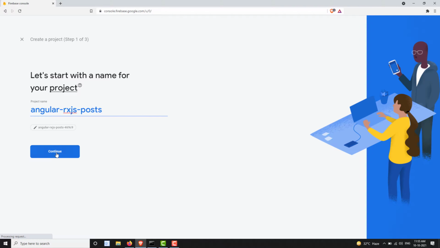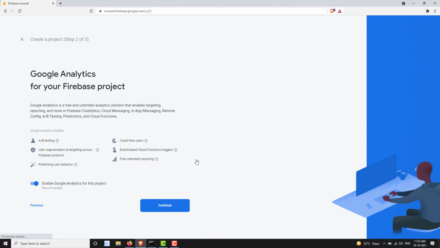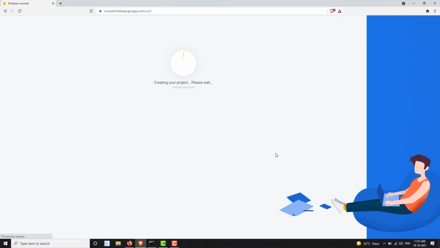Then click on continue. It will ask about Google Analytics for this project. I don't want any Google Analytics, as this is for development and testing only. I am creating this project just for course purposes.